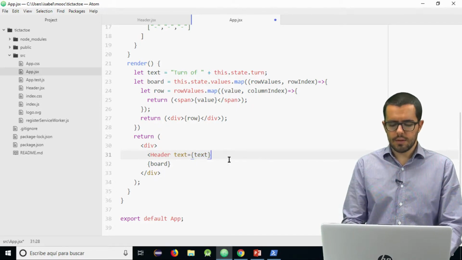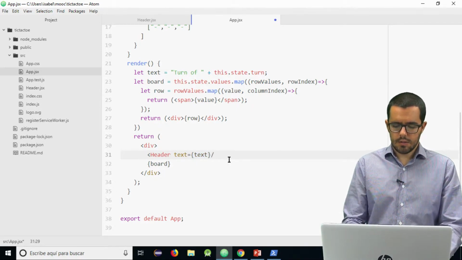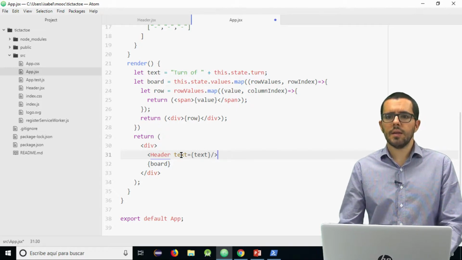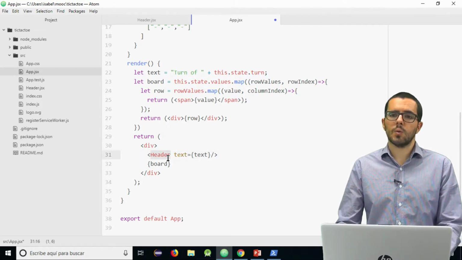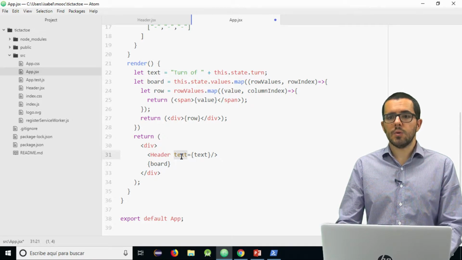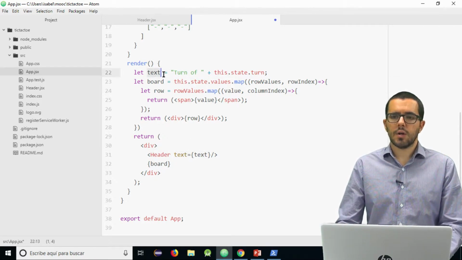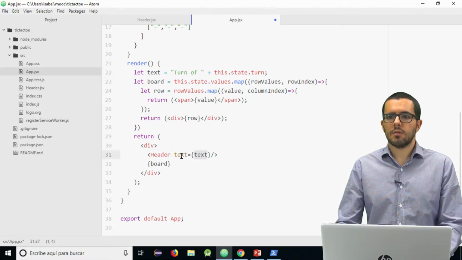We have used the same name, and this is the way to use the header component that we already defined, passing a new attribute, a prop, containing this variable. You can use other names, just not to confuse, or you can use the same name as I did.